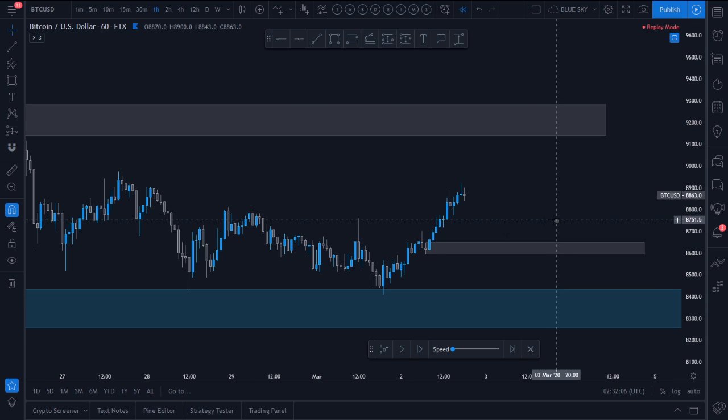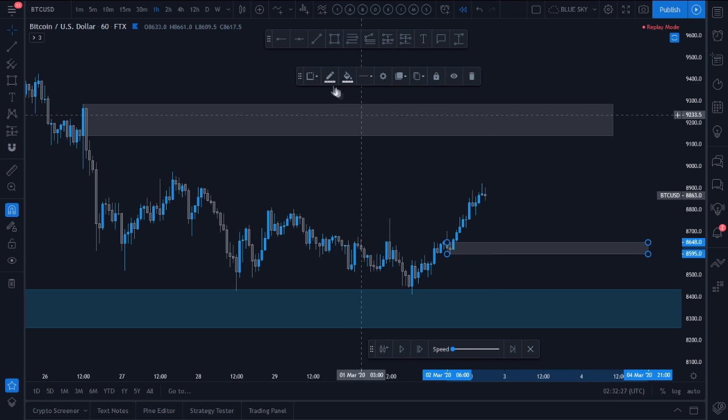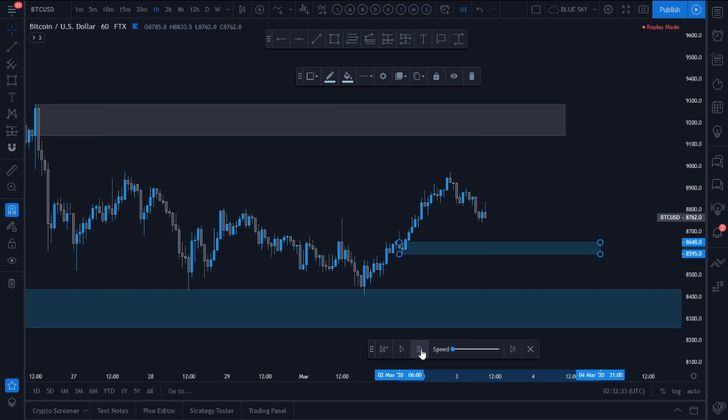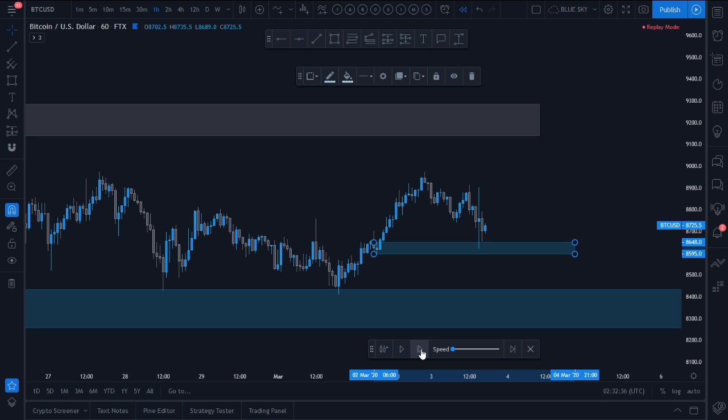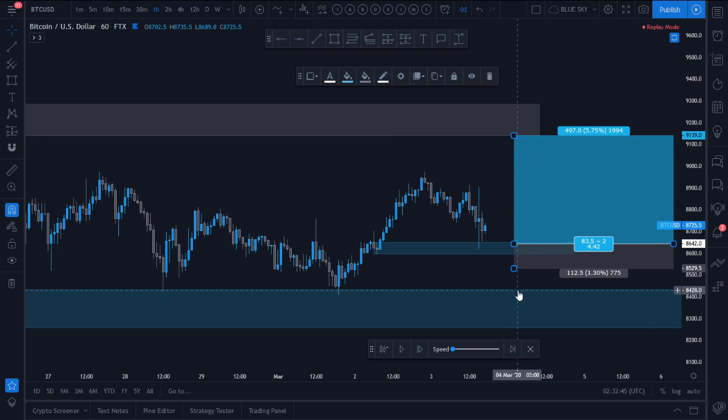The demand zone is the last down candle before the move that led to the higher high. So after this higher high, this was the last down candle, right? This is how I determine my demand zones. And as you see, BTC did visit that demand zone, so you could have taken the trade with a stop simply below. I know this is hindsight right now, but